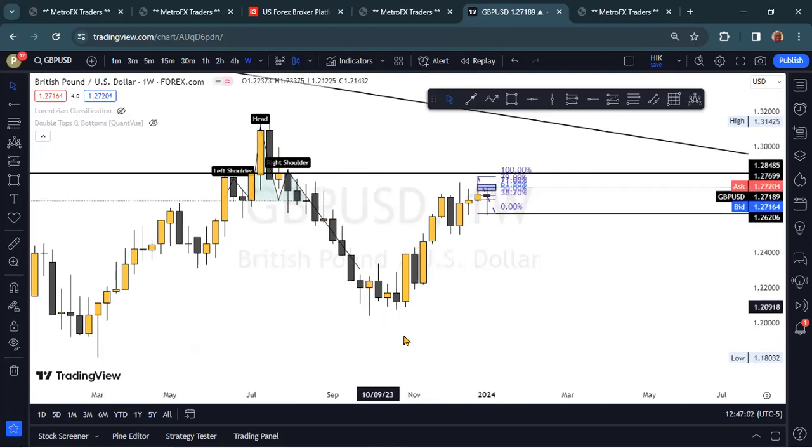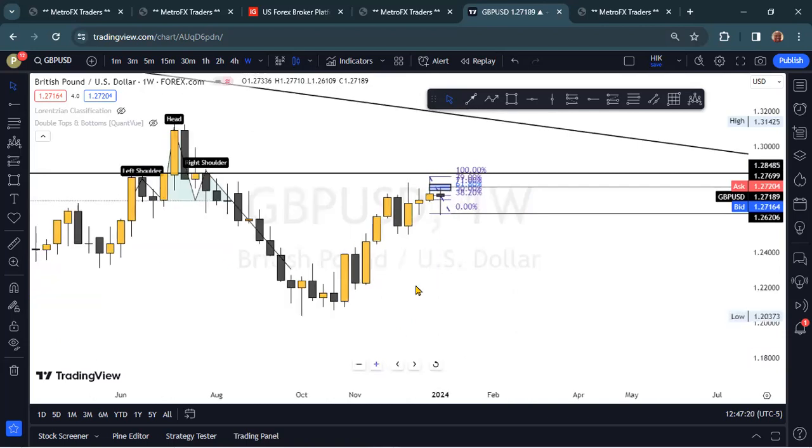But you're saying, but Wilms, this is past historical data. We missed it over here. So what do we got to do to get into this trade? Well, we got to wait for it to come back and hit the right shoulder. So that requires some patience. So what we do in the weekly,